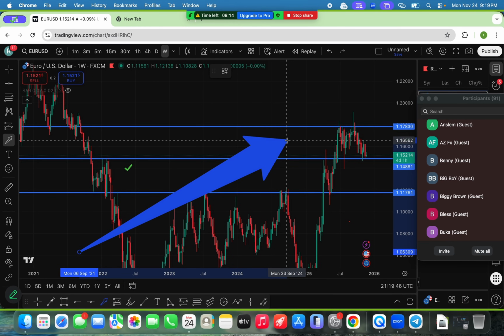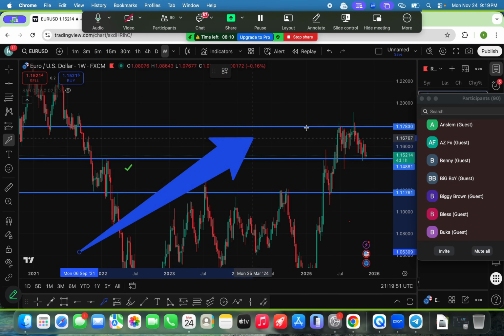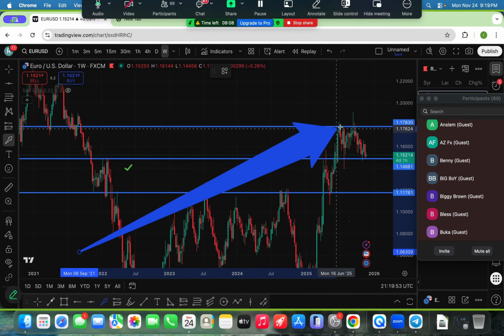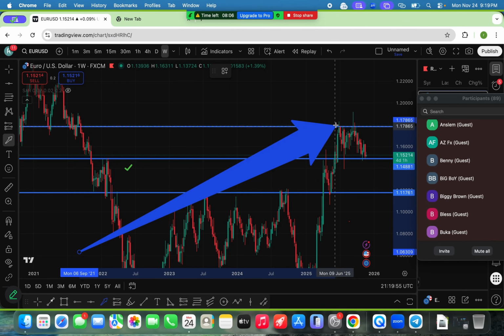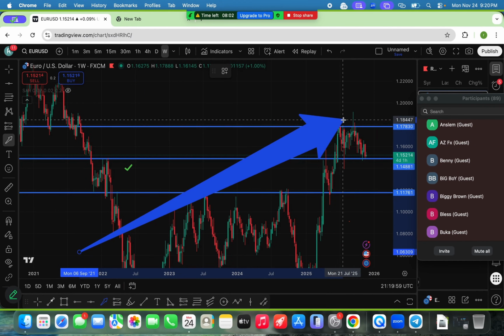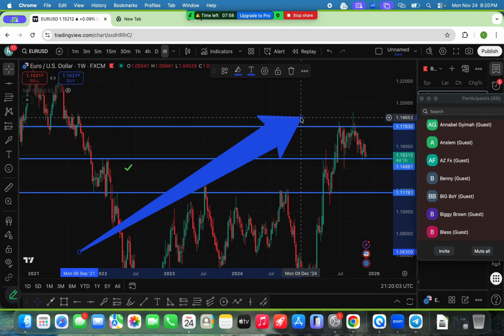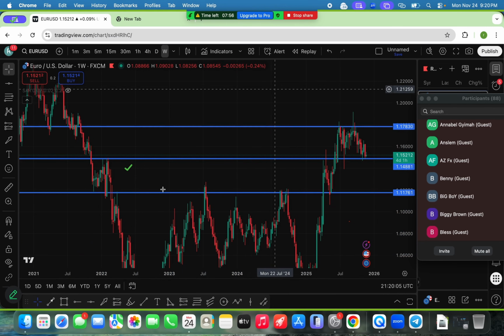Good. So you can see this level. Anytime price goes to this level, you can see the reaction. And in the recent market, price went to the level and you can see the wick we got. It came down, it came back to the level, you can see the wick we had here. So you can see this level is a very solid one. That's why I chose it.